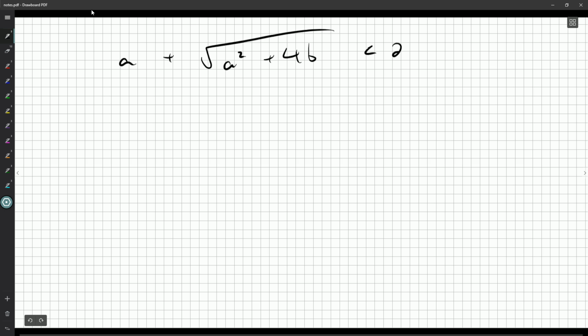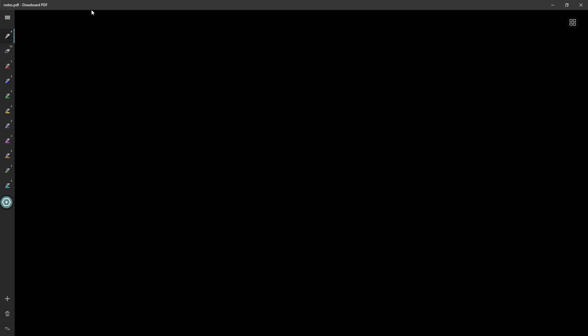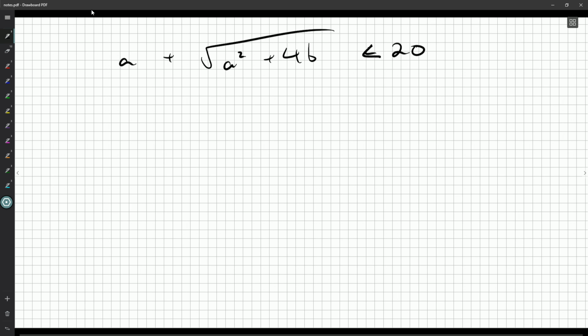So I think just multiply both sides by 2, and you'll get a plus the square root of a squared plus 4b has to be, is it at most 20? So less than, it's got to be less than, so it's a less than sign. I think that's all we really need, is to find the pairs a, b that satisfy this. So what can we do? Well,